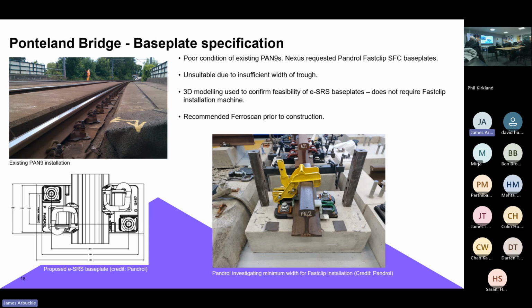They're also in use on the biker viaduct in the network at the minute, so that was useful for streamlining maintenance. And they also come in a 4-hole configuration to improve redundancy in the bolts. Unfortunately, we found that there was not enough space in the trough. So if you see the picture on the top left, that shows you where the base plates are sitting in